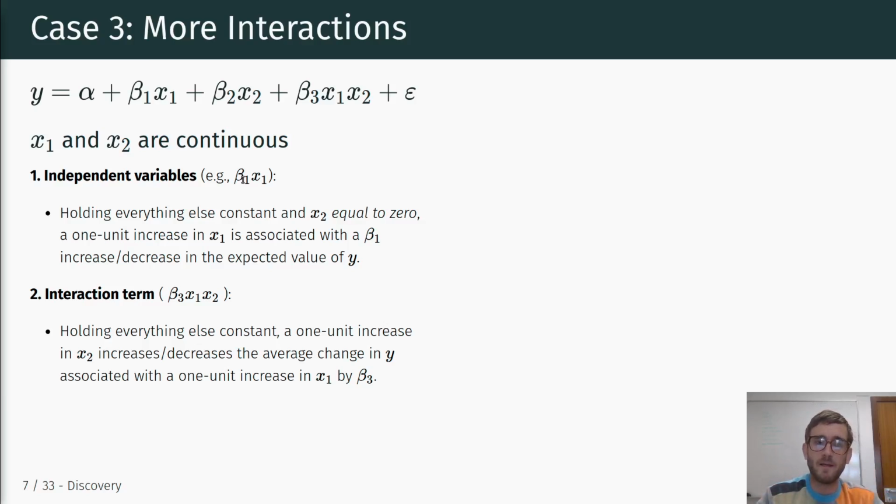Okay, so the interaction term between two continuous independent variables can then be interpreted as: holding everything else constant, a 1 unit increase in x2 increases or decreases the average change in y associated with a 1 unit increase in x1 by beta 3. Okay, so this sounds a little bit more confusing than in the previous scenario, but